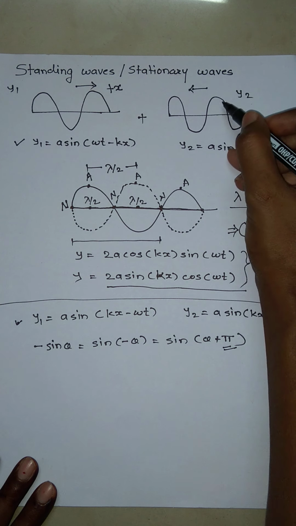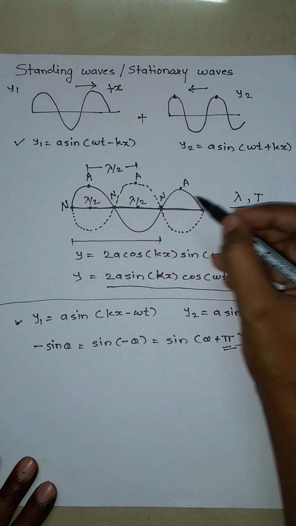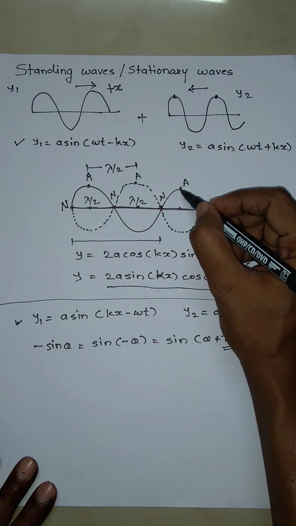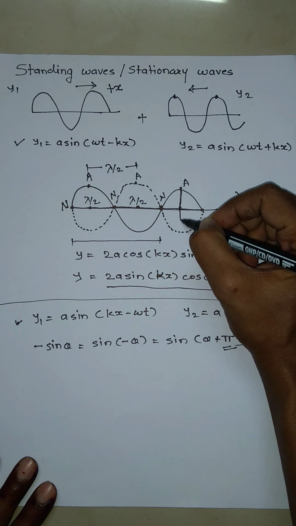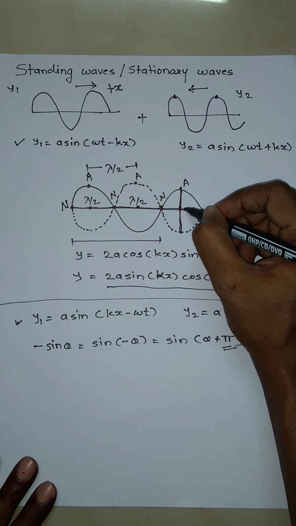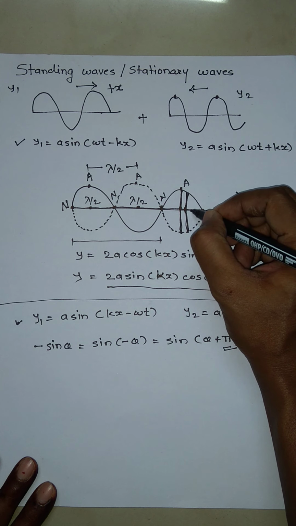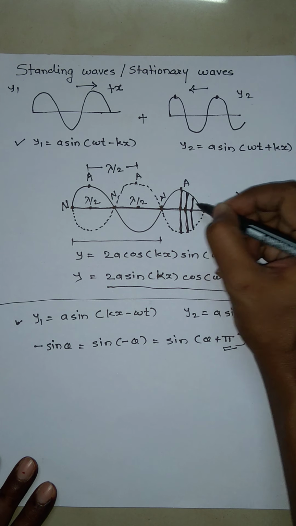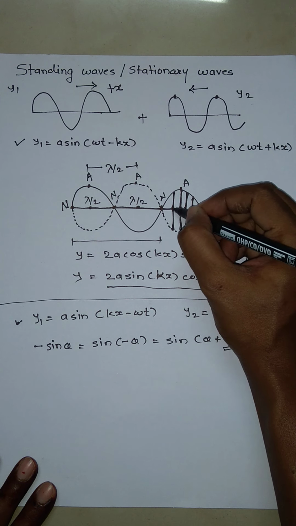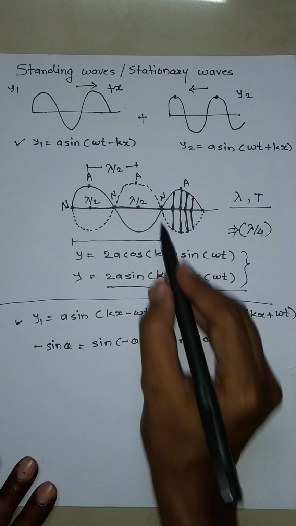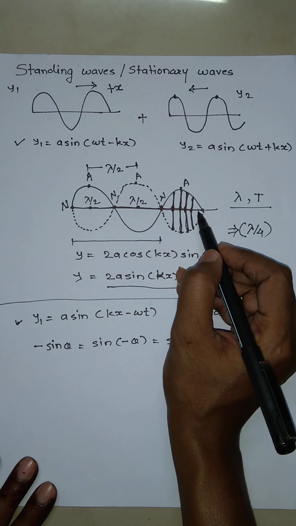In a progressive wave, the amplitude of the wave is the same, whereas in the case of a standing wave, the amplitude varies. Like this particle vibrates about its mean position with this much amplitude, this particle vibrates with this much amplitude about its mean position, this particle vibrates with this amplitude, and like this. So each particle performs vibration about its mean position, where the amplitude varies from particle to particle.